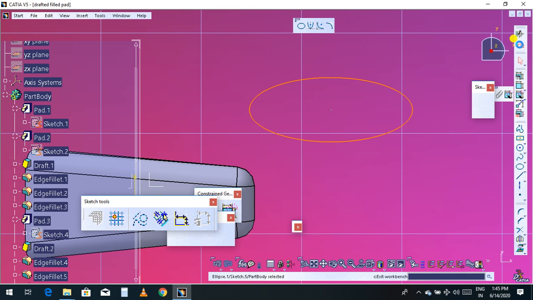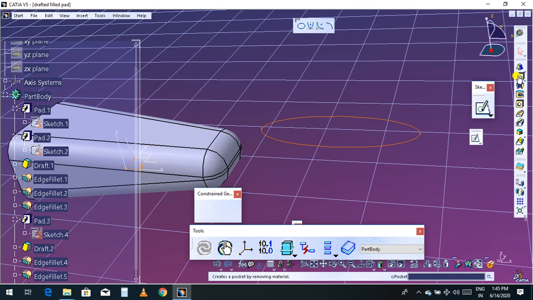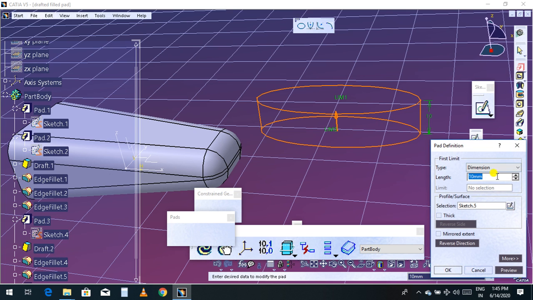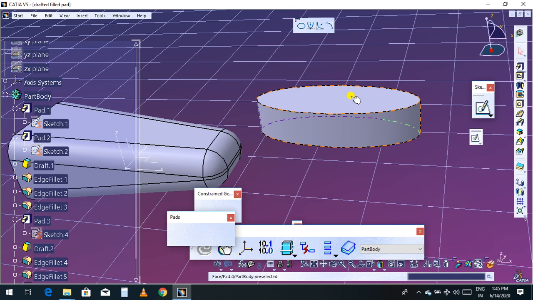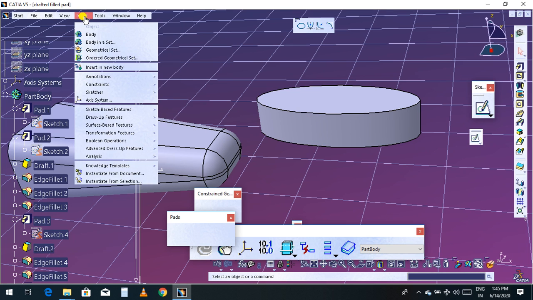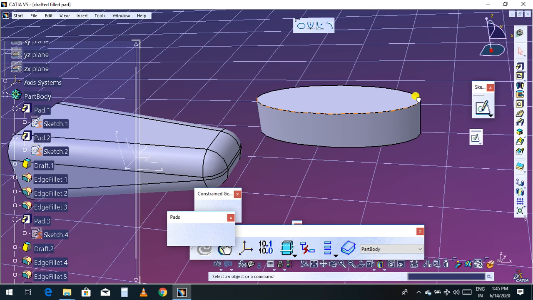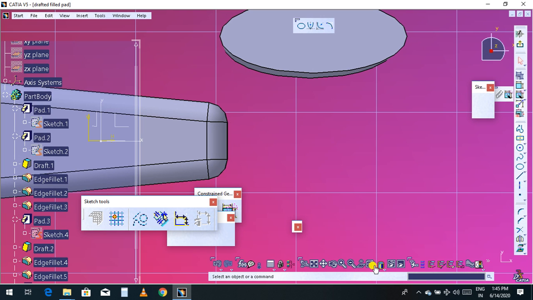Okay, exit from the sketch. Now use this pad command with 10 mm. Now you can directly go to insert, operation. Before that you need to go to a sketch first: select this face, sketch, and isometric.